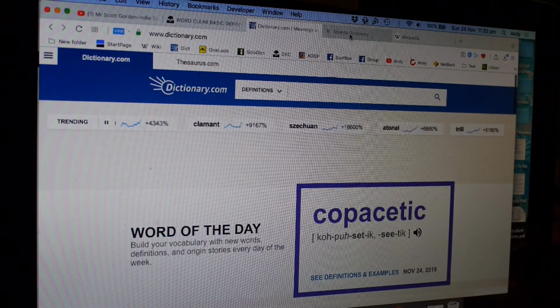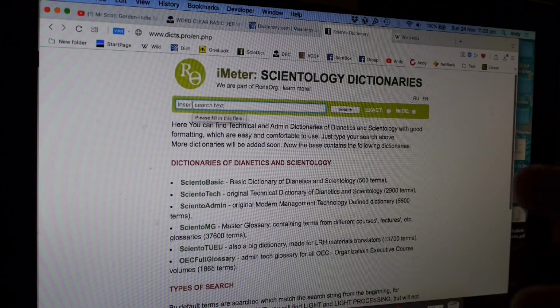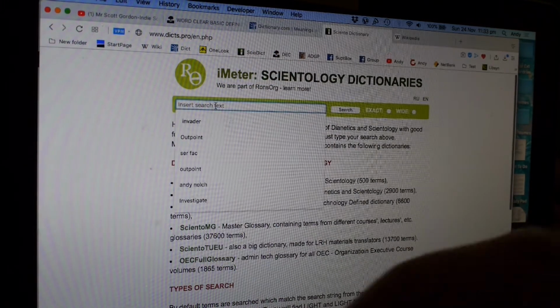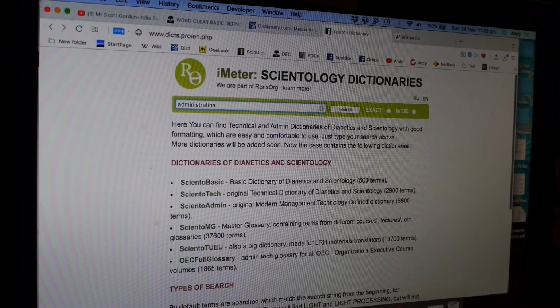And if it's a Scientology word, I've got here, boom, the Scientology dictionary. It combines all the Scientology dictionaries into one little search engine, and this is called dicts.pro, and it's not a porn site, it's a dictionary site, and it's made by some Ronzorg people in Russia. And so you type in the Scientology word, administration, there it is,